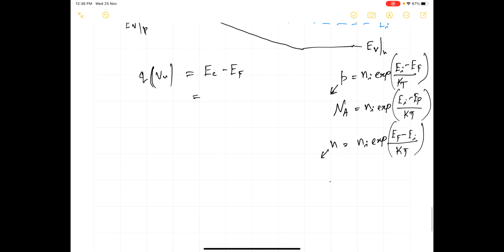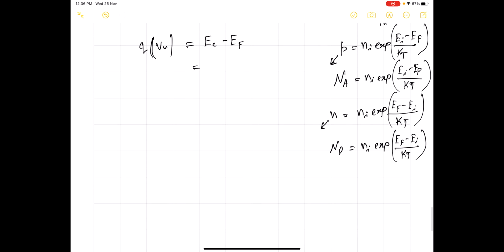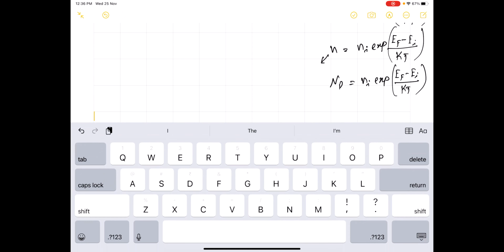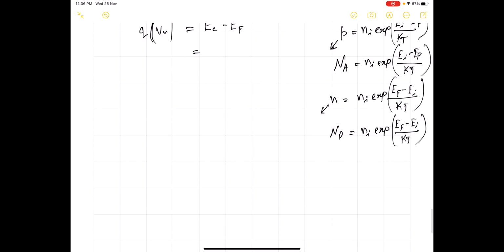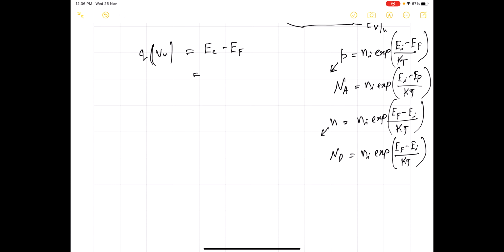So Nd equals Ni times exponential of Ef minus Ei divided by Kt. So what will be the relation of Ef minus Ei? The modulus of